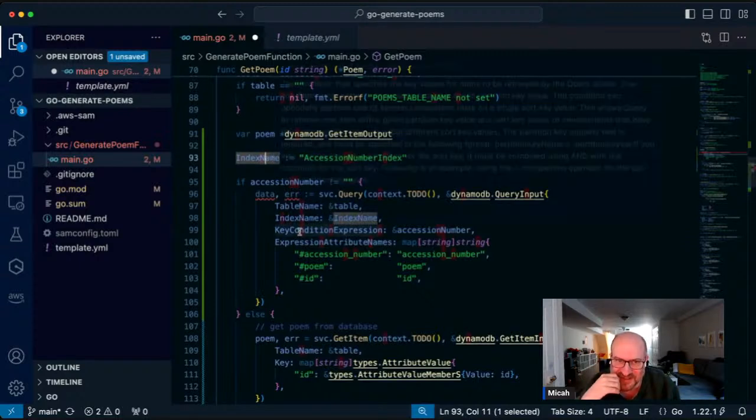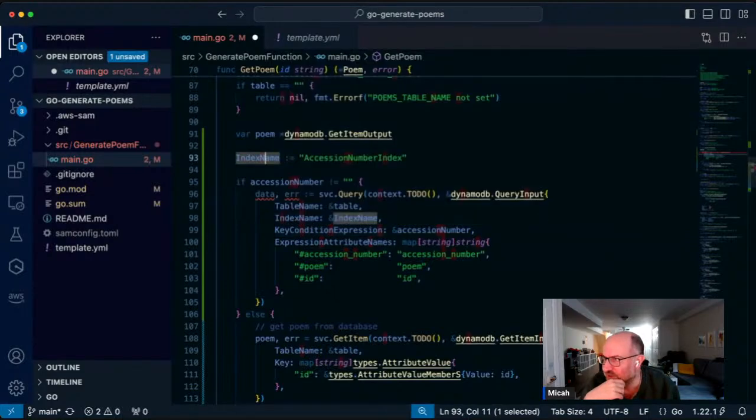All right, key condition expression. I don't know if I actually need this part. Let me just look at some notes here. Expression names. Oh, yes, let's see. Expression names.